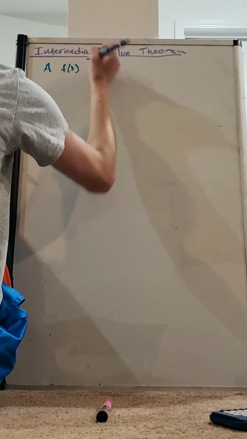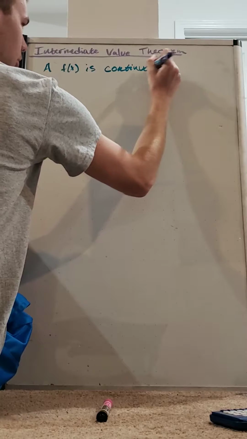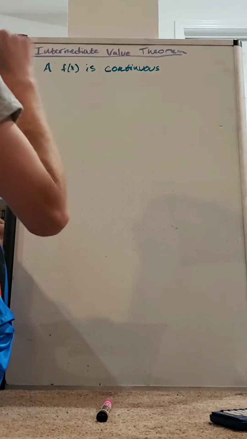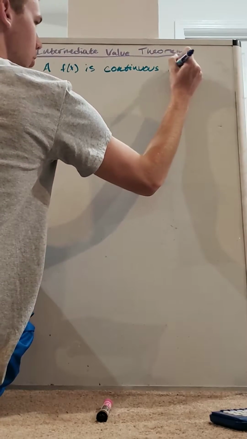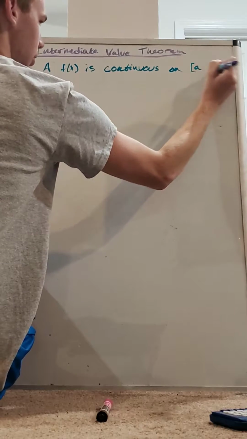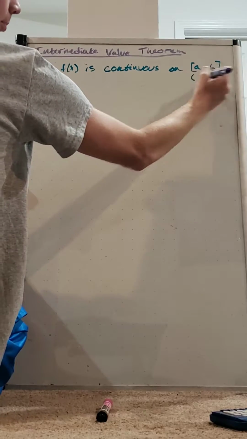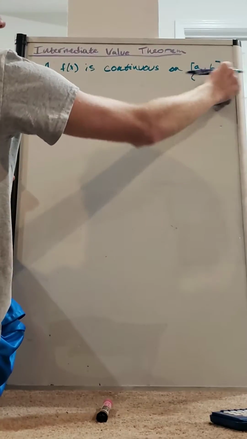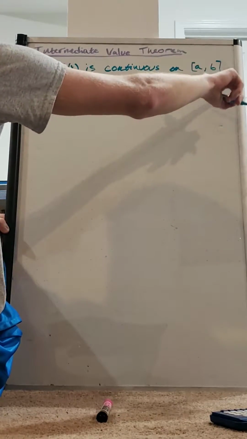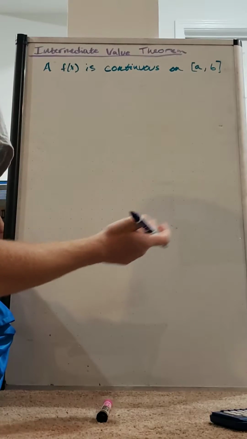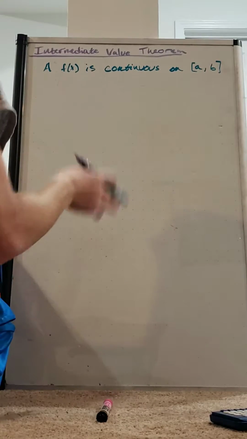function f of x is continuous, and we already know what determines continuity, as we learned from the last video. If a function is continuous on some closed interval from a to b, and these square brackets as opposed to the parentheses denote a closed interval, which means the interval includes the endpoints. So this just means for every number between a and b, including a and b. So if f of x is continuous for every value of x between and including a and b,